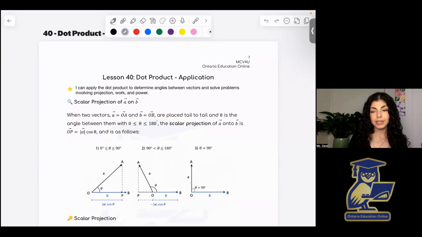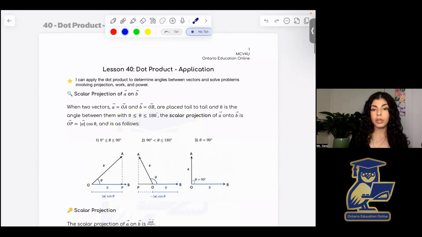Hello and welcome to lesson 40, where today we are looking at the applications of the dot product. We did see the dot product last lesson, and we worked with a lot of the properties, both for geometric and algebraic vectors. Now we're going to see some applications of why the dot product is useful to us. Specifically, we're going to be looking at scalar and vector projection, as well as applications in real life,